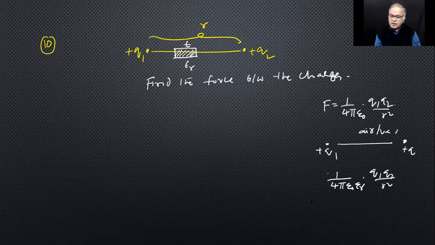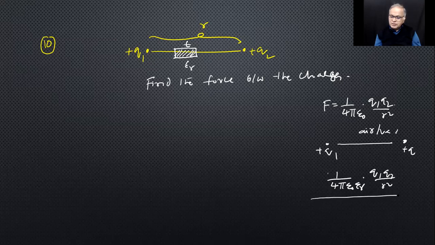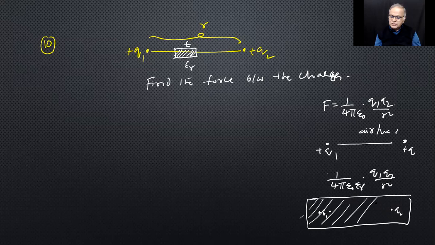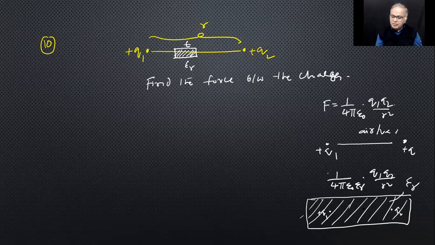Sir, the screen is not visible to me. Sir. If, when you said like this, the whole two charges are placed in a medium. The medium is occupying the whole space. So this whole medium is there, and the relative permittivity is epsilon r. Okay. Others, are you able to see the screen, children? Yes, sir.